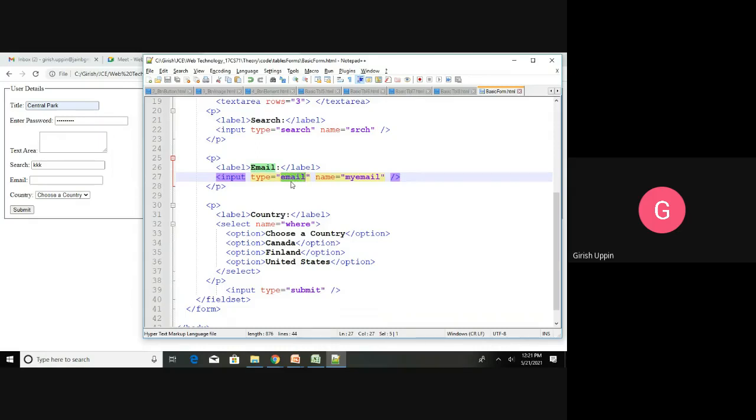The advantage is that some of the validations are already taken care of automatically along with that control, so you don't have to write JavaScript, or any validation on the server side. Input type email, name of that variable is my email.